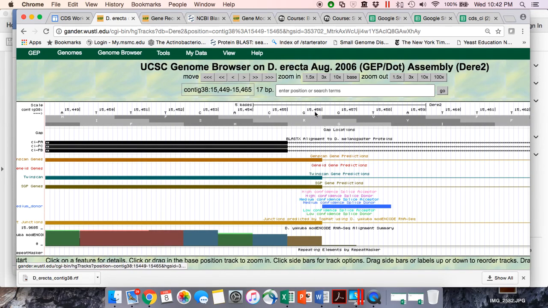So all of these are saying this is the end of the exon. So this would be 15,456. We've got a pretty good amount of data that supports this. We've got our gene prediction programs, we've got our splice sites, we've got our sequencing data, we've got our TopHat. So all of this is pretty good data to support this 15,456 as being the